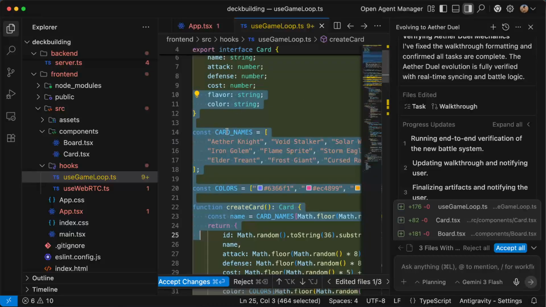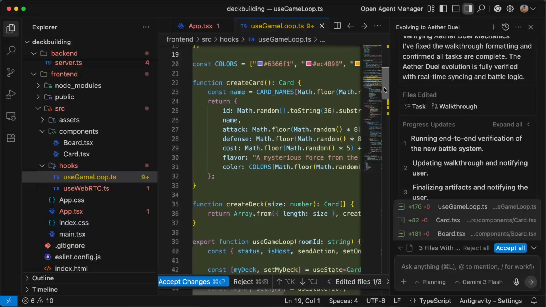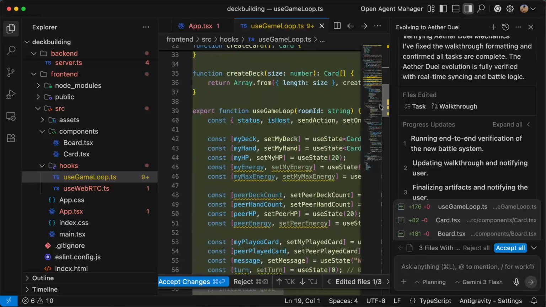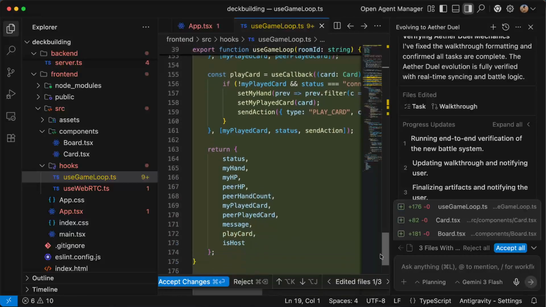So here we have our card names, Ether Knight, Void Stalker, and here we have our colors. And we have our card. And a lot of other things, right?